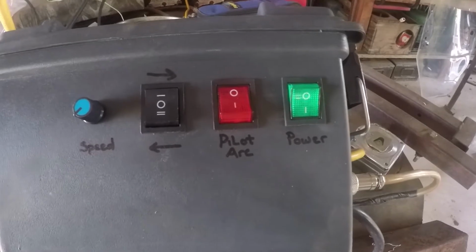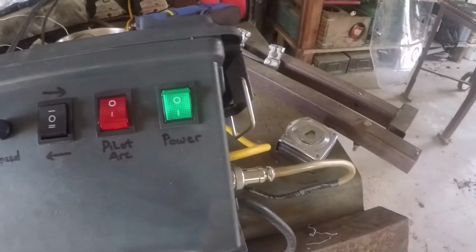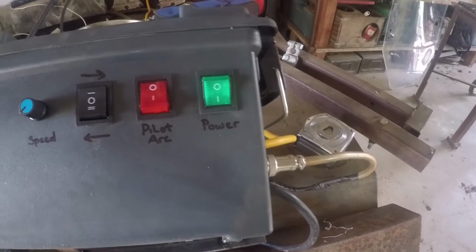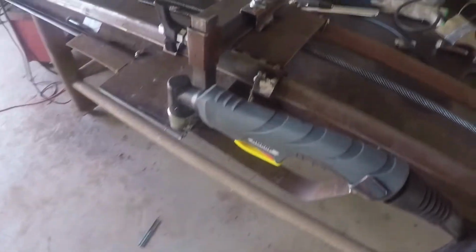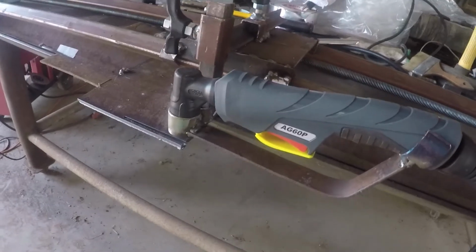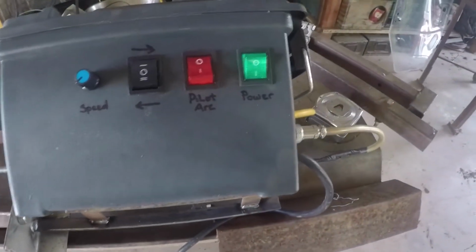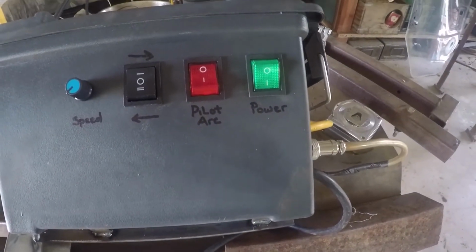I got it fixed up to where you control the speed and the direction. The green button is the main power to the box. That red button, I bypassed the switch on the plasma cutter torch. That way I can activate the pilot arc here at the box. I just wired it into the plasma cutter. To power this screw,